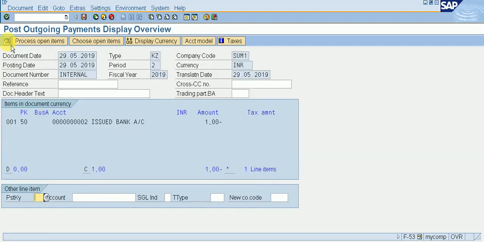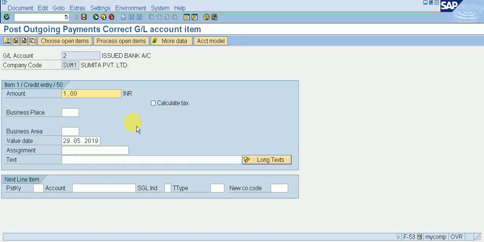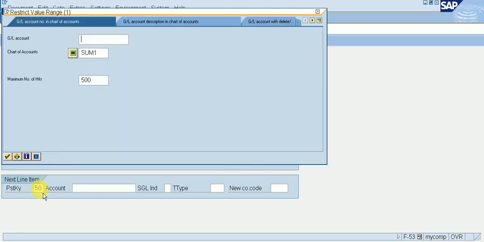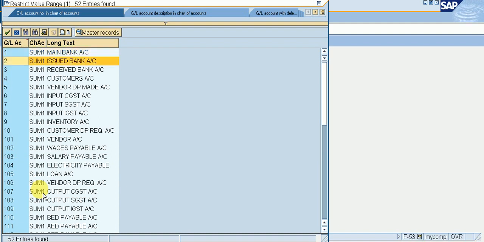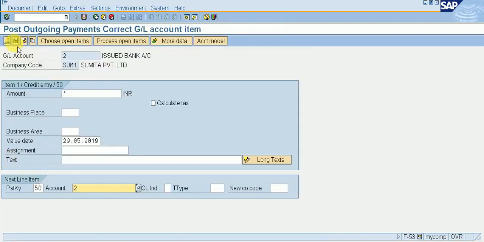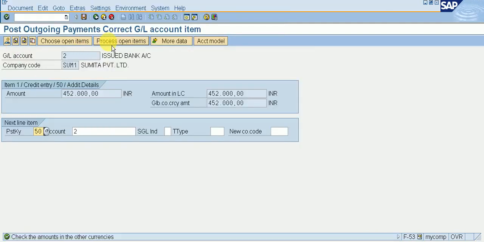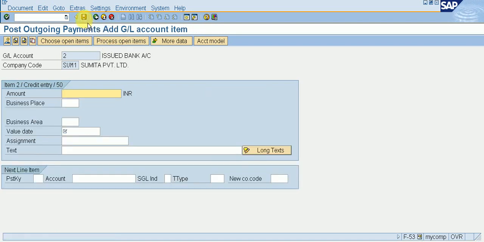So I go to display or document overview, double click on issued item, give a star, posting key 50 or issued bank account, then open process open item, then save it.